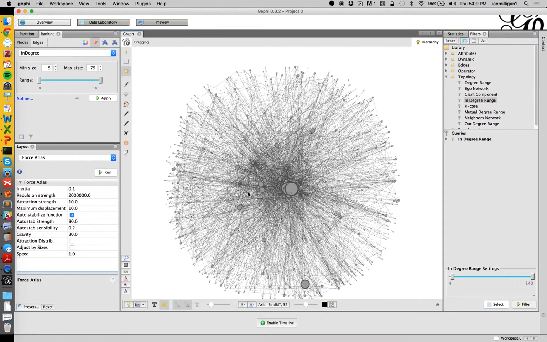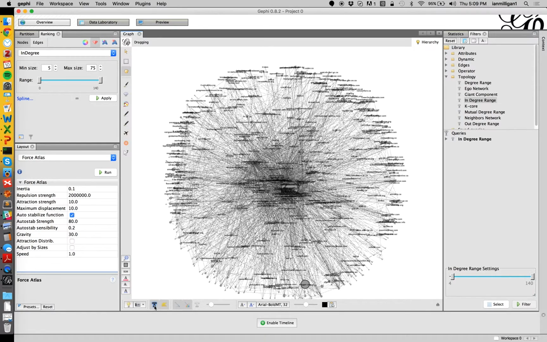Now the problem is we don't know what these nodes are, so let's turn on labels. It's this T down here, show node labels. I click on it, and again, we have tons of labels, but we have too many labels. Let's make it so that the more a website